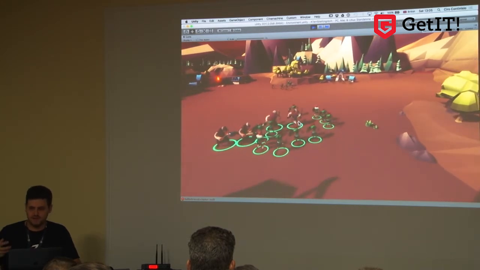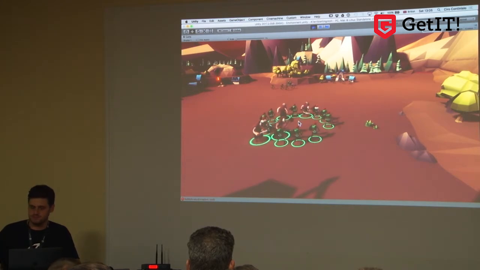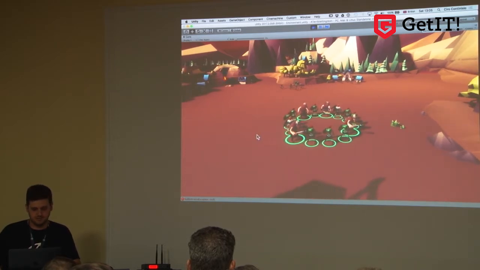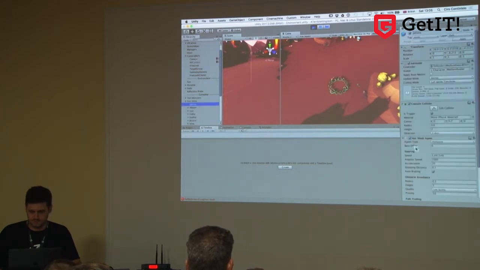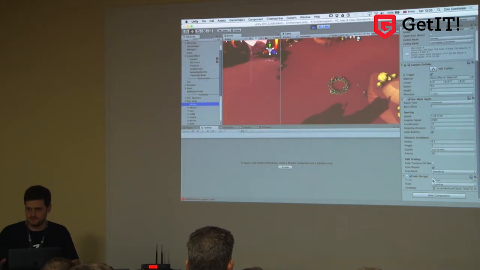They all have an animator that controls their animations. Then they have a nav mesh agent that controls their movement around. And then they have a script, which is called unit. It's a script that I wrote, which is some kind of AI. So the unit script just sends,